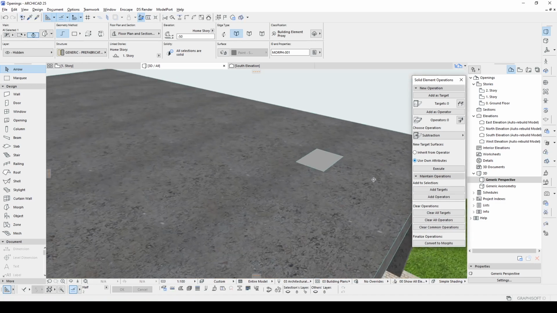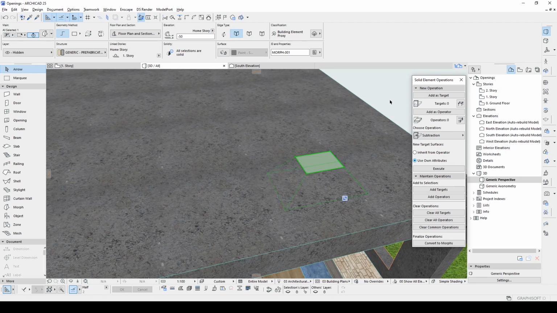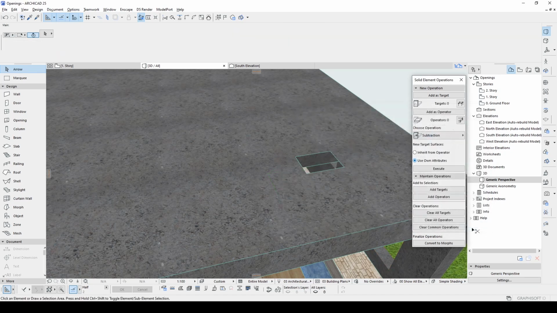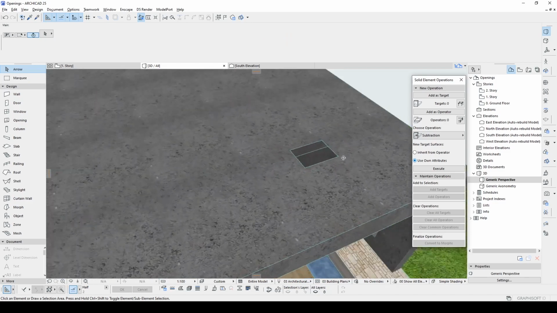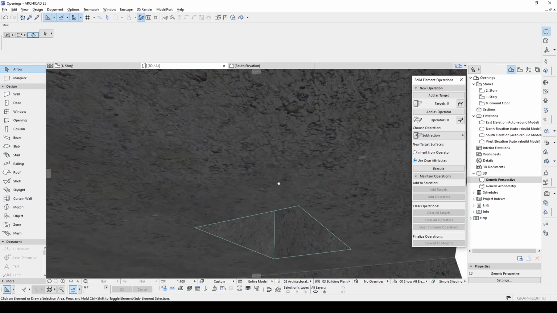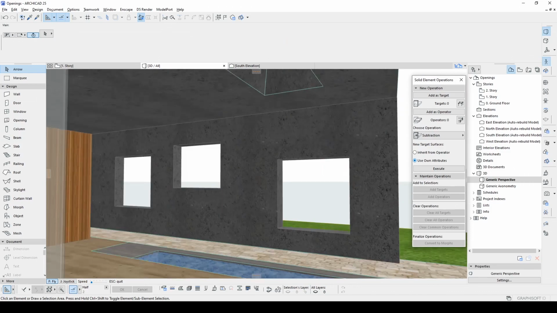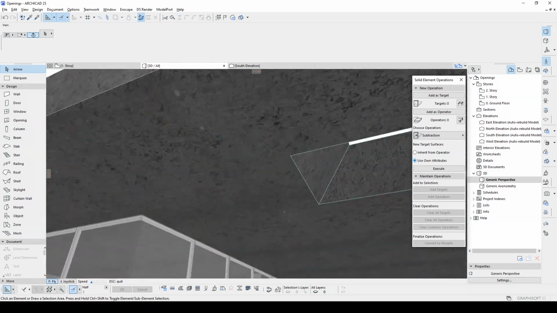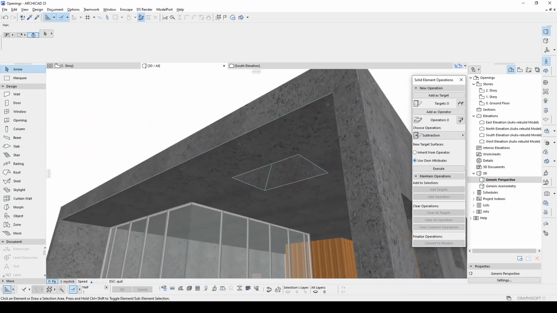There we go. Now let's turn off the hidden layer. And here we have our shape. This is 2-dimension. This is 3-dimension. A 3-dimensional opening.